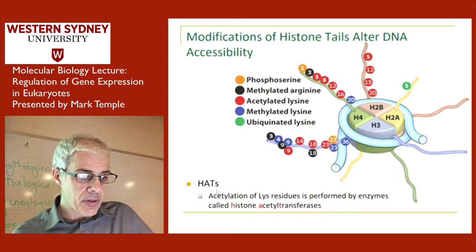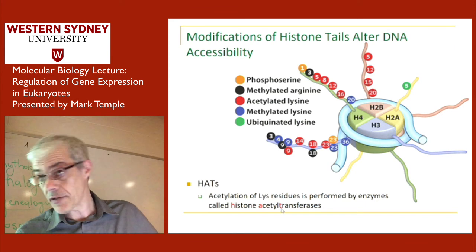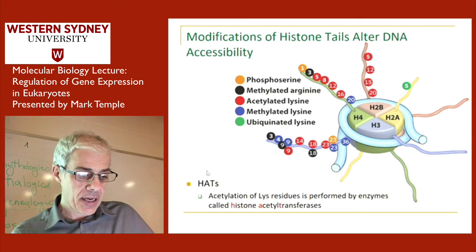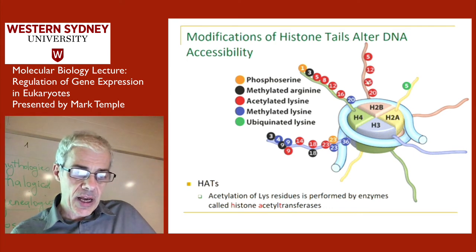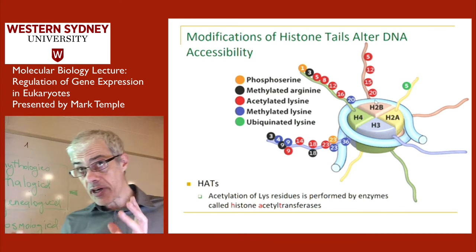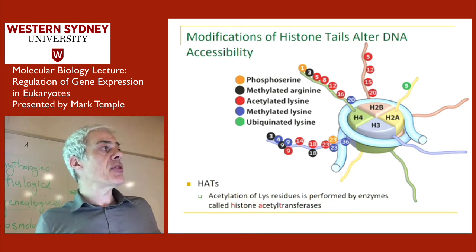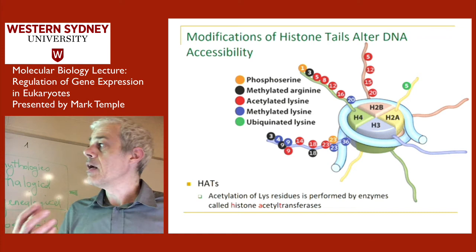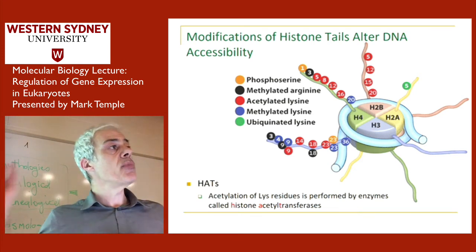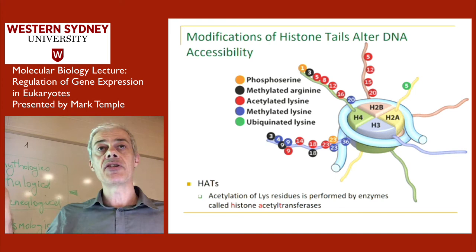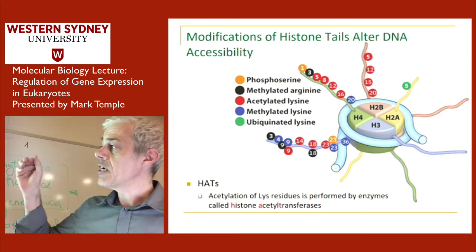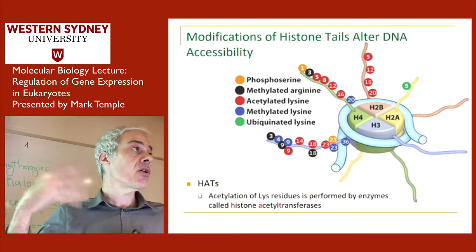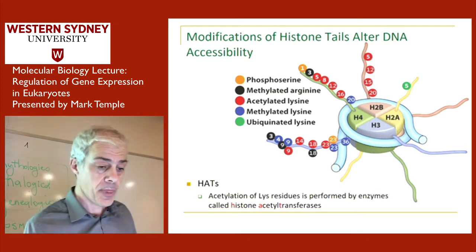The activity that carries out acetylation is called a histone acetyltransferase. So these HAT activities are histone acetyltransferases, and once you've acetylated those lysine residues, you're allowing transcription to go ahead. It'll probably come as no surprise to you that in a couple of slides' time, I'll talk about another enzyme activity that removes acetyl groups from lysine residues. Whenever you've got an on switch, you have to have an off switch. So if the on switch is acetylation of lysines, then the off switch is the deacetylation of lysines.